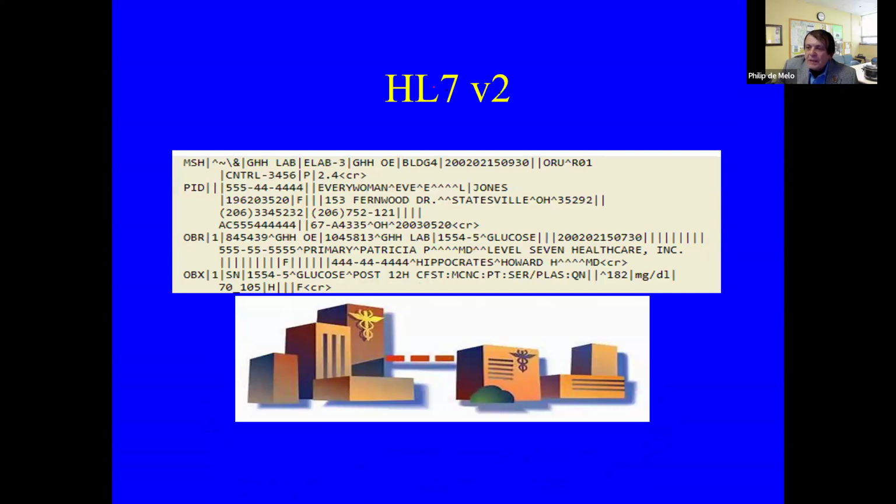How does this standard look? It looks in this way. We have delimiters, which are just vertical lines. And actually, you can see some words that you can identify. Let's say glucose here. This is 153 Fernwood Drive, so like the address of the patient maybe. So you can identify some words. But